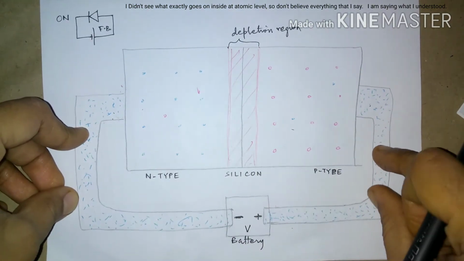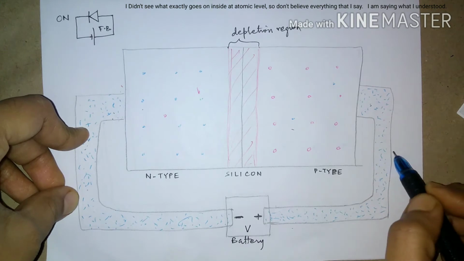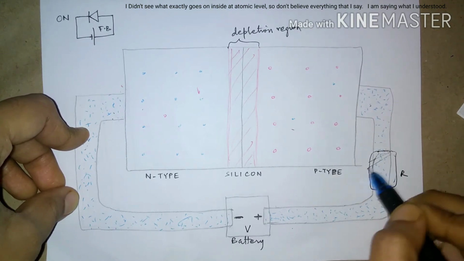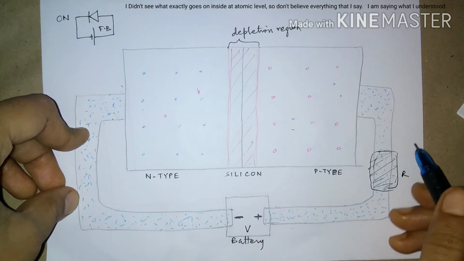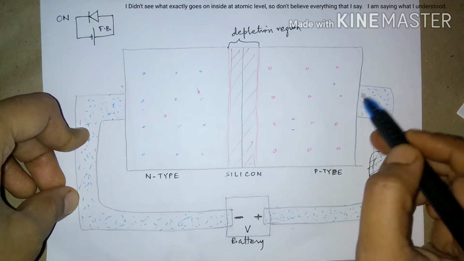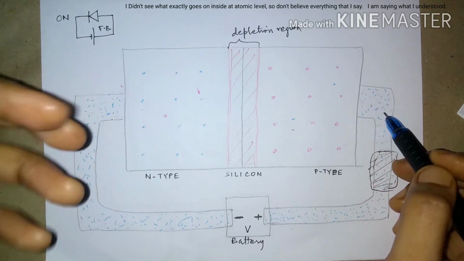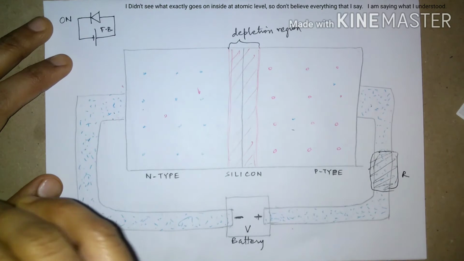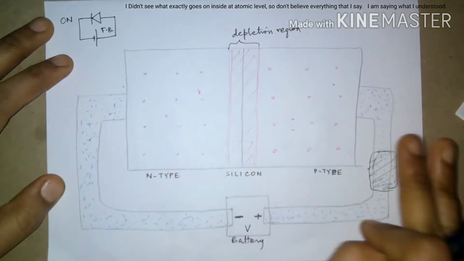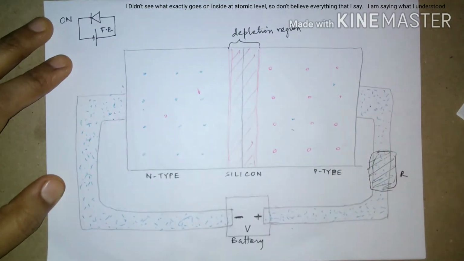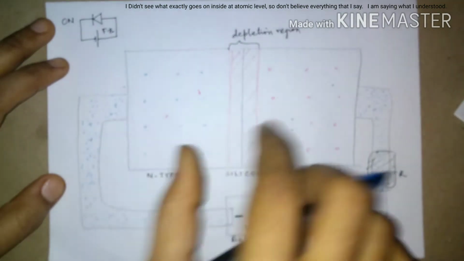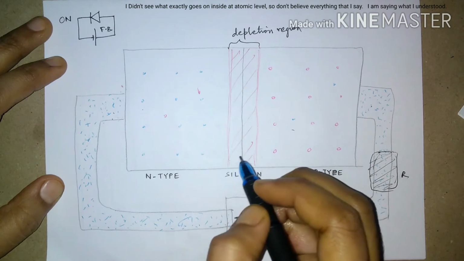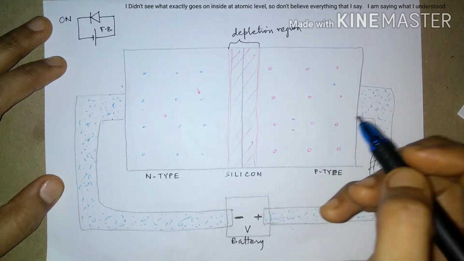Let's say that there are some other elements. Let's say that there is a resistor here. If there is a resistor here, then it will obstruct the flow of electrons. But anyway, we will have electrons here, but it will be slower and the voltage gets reduced. Everything is taken care of. Simply let us ignore this and let us try to understand what is going on within this block of semiconductor.